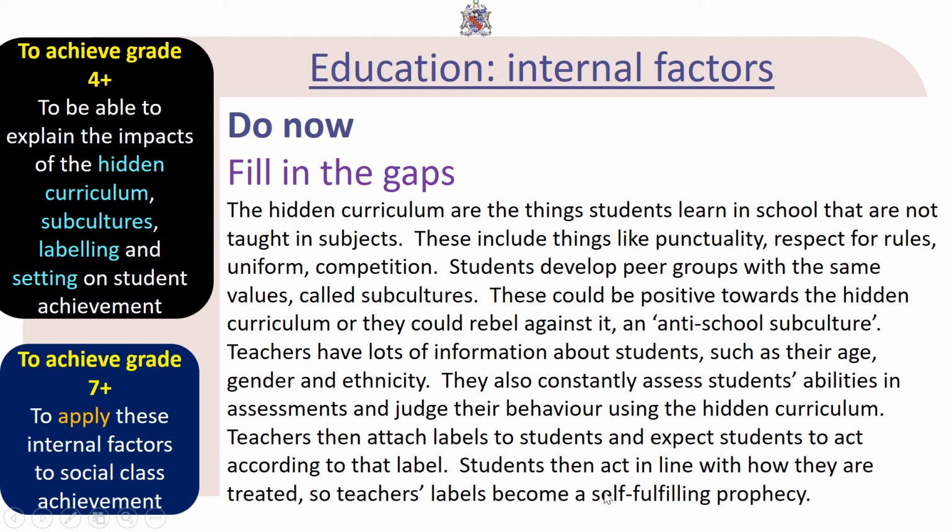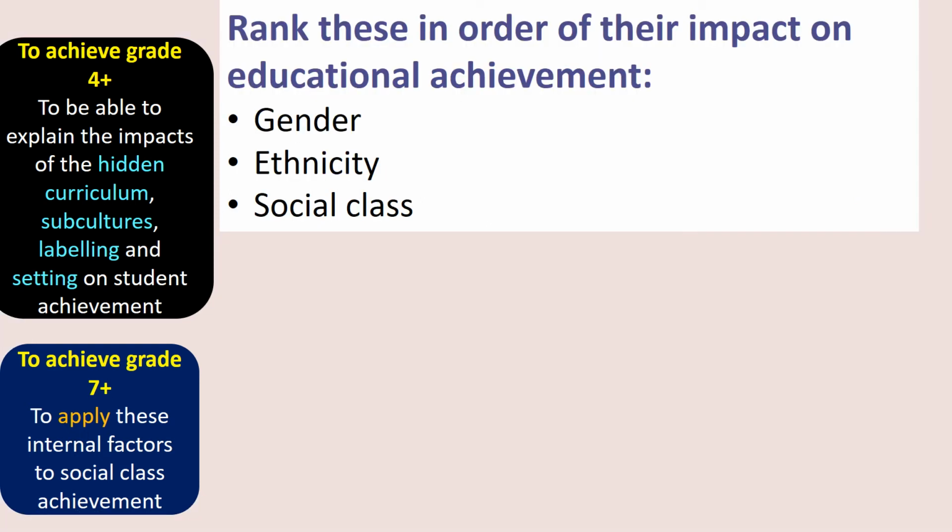The phrase self-fulfilling prophecy means you predict something is going to happen, and because you predict it, it does. Okay, I predict this student is going to get really high grades. And because I'm expecting them to get a high grade, I'm going to mark their work in such a way that I give them the feedback they need to get a high grade. If they're struggling, I'm going to ask them difficult questions to make sure they understand what they need to get a high grade. And because I'm giving them that feedback, and because I'm asking them those questions, they do get a high grade. In other words, my expectation came true, but it came true because I had that expectation. That is called a self-fulfilling prophecy, and you'll see it in loads of different areas of sociology.